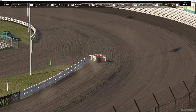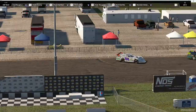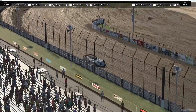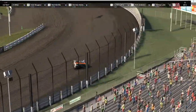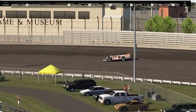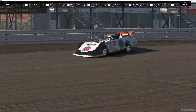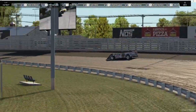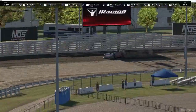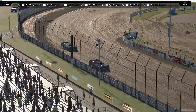Well, Nick Anderson's last 2 laps, 17.6, 17.4. Daniel Collins, 17.1, 17.1, 17.2, so he's consistent. 17.061, so yeah, Daniel is still turning some fast laps compared to a lot of the others with this. I mean, there's not a lot of laps on the track by any means, but